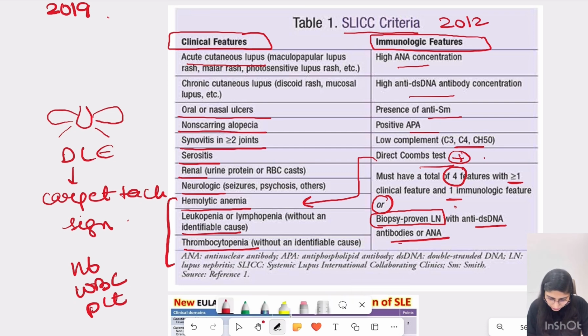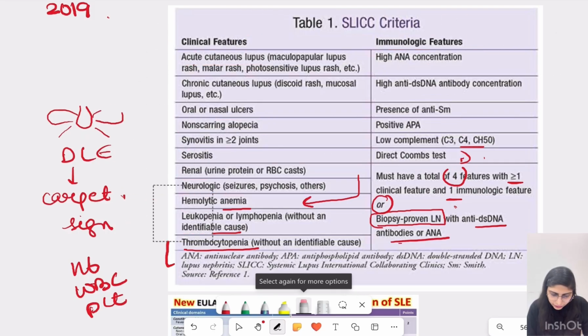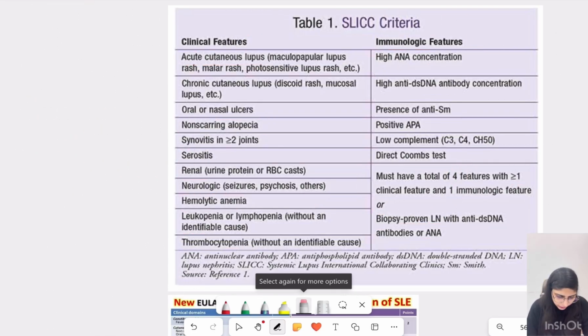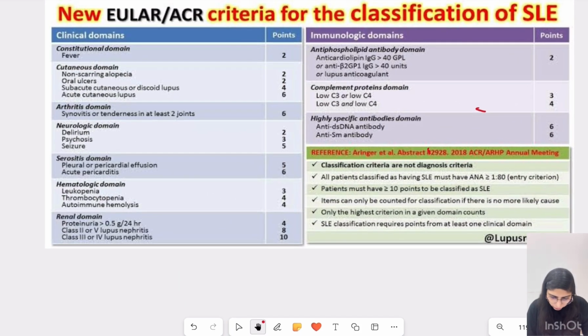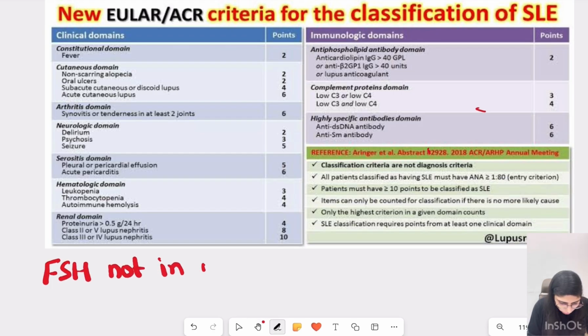Now let's see what is the difference in the EULAR/ACR criteria. Let's check out the EULAR/ACR criteria. Now I have made a mnemonic for this because this criteria becomes really important. So our mnemonic is FSH not in men. FSH not in men. Right, so they have given points to clinical criteria and immunologic criteria. This is actually a classification criteria, but to fulfill this criteria,